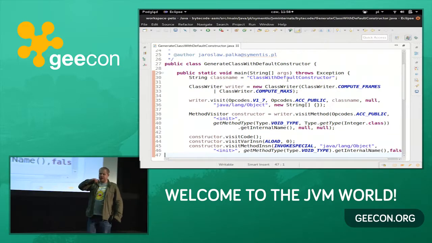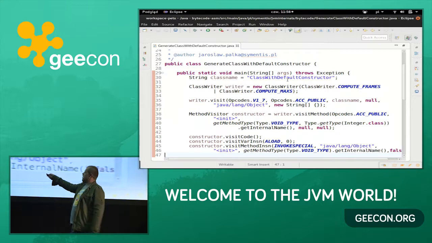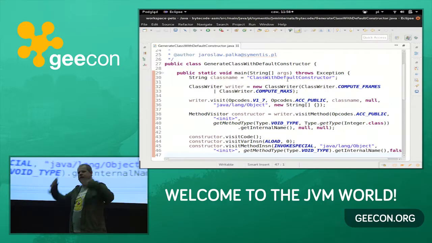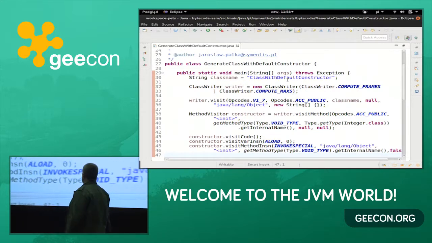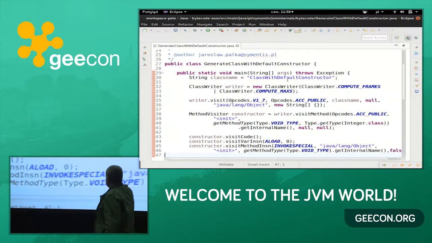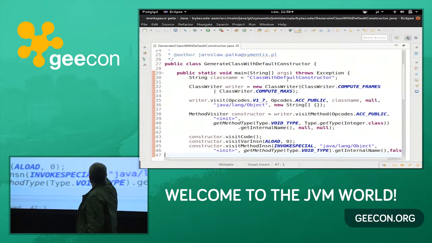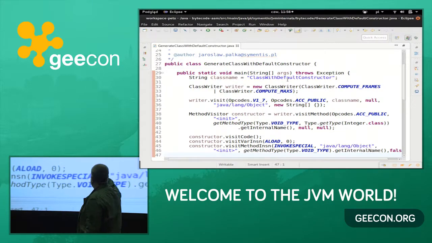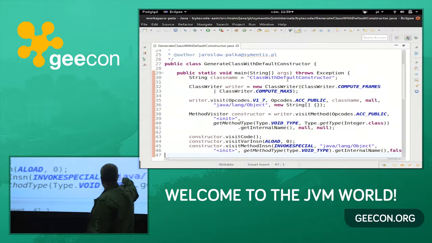So, quick thing. You get hold of the class writer, from ASM, and it can generate your code. It's based on the visitor pattern. You say, actually, I want to generate Java 1.7 compatible bytecode, and this class will be public.